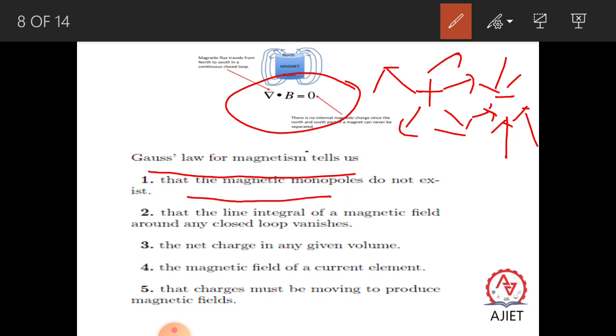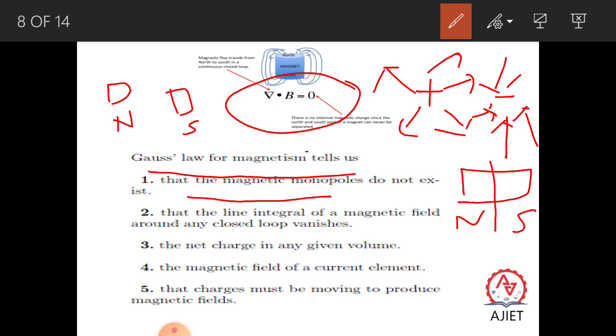But when you consider the north pole and south pole of a magnet, you cannot simply keep a north pole of a magnet alone. You cannot simply say this is my north pole of the magnet and this is the south pole of the magnet. It is just like the two faces of a coin. If a head is there, simultaneously there should be a tail. So the north pole and south pole of the magnet exist together.